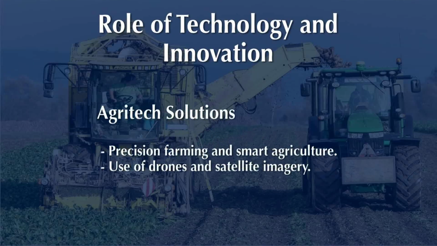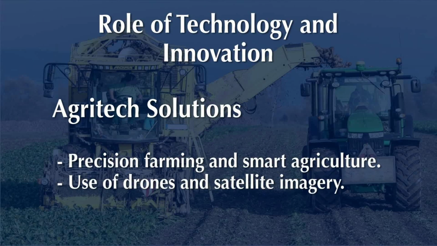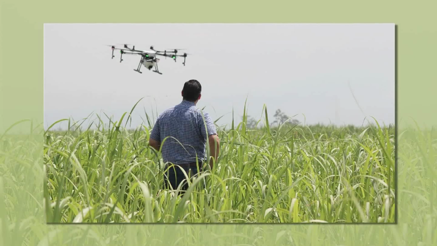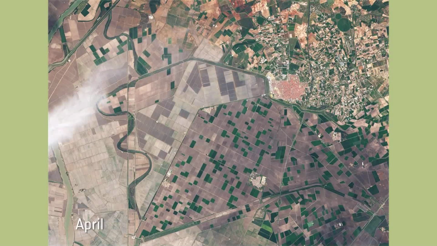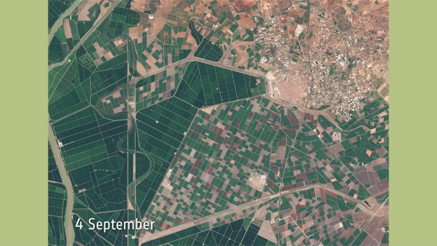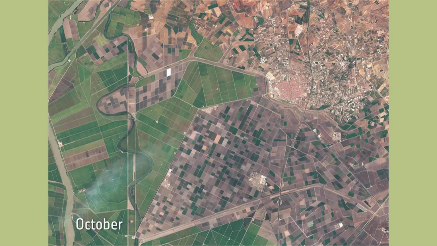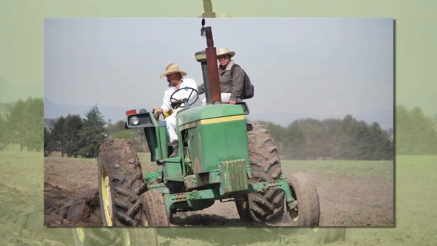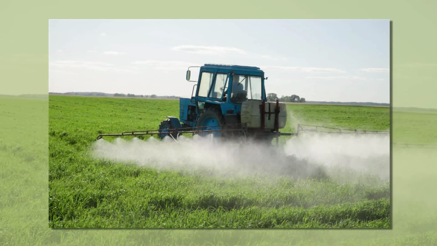In case of technology, we can think of technology related to agriculture which will provide precision in farming and ensure smart agriculture. We can also think of the use of drones and satellite imagery to apply fertilizer and insecticide, so that both productivity and production of agriculture can be increased,